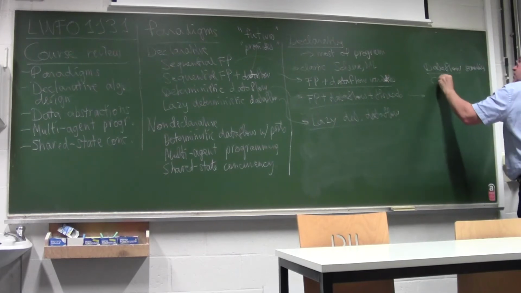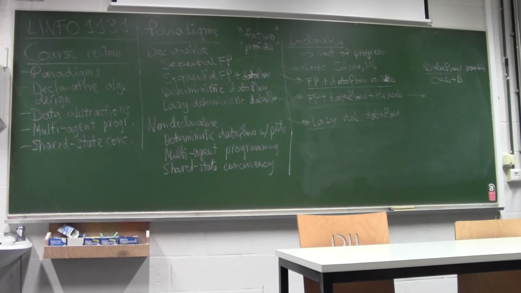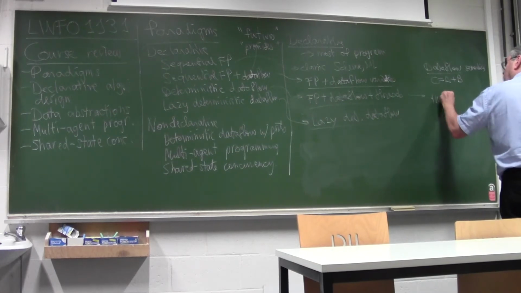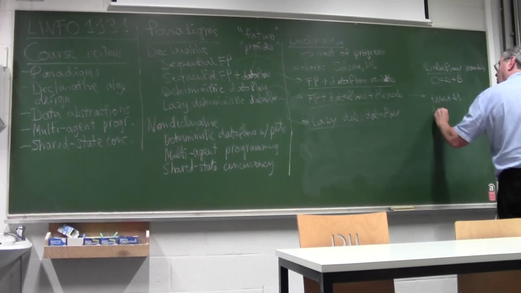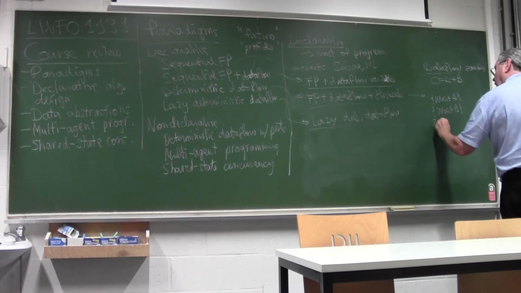If I do C equal A plus B, an addition operation, in deterministic data flow, the way it actually compiles is I will do a wait A, a wait B, and then a primitive add operation,